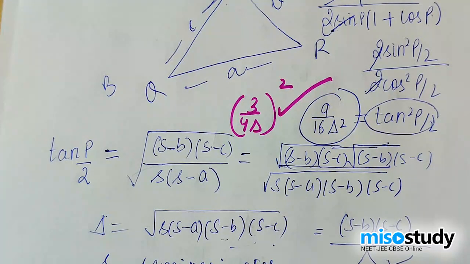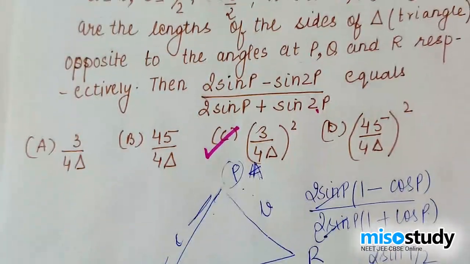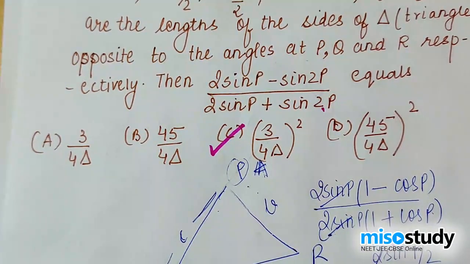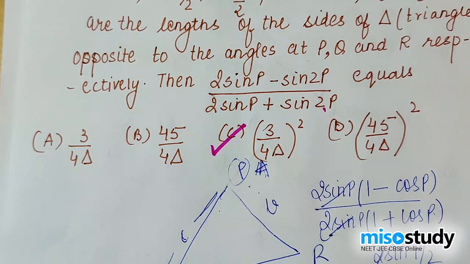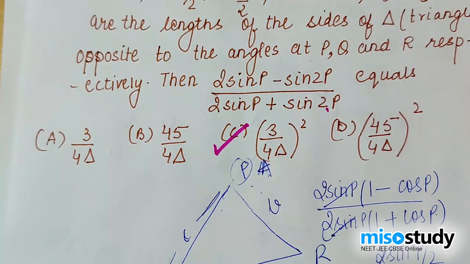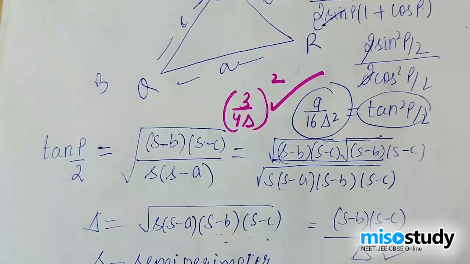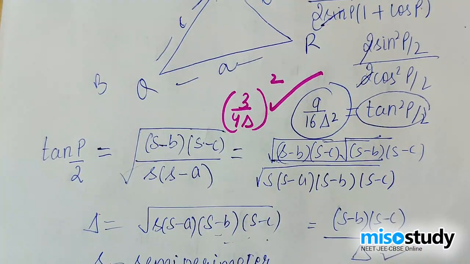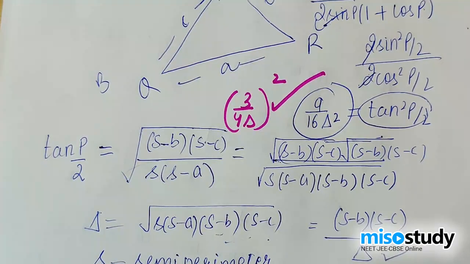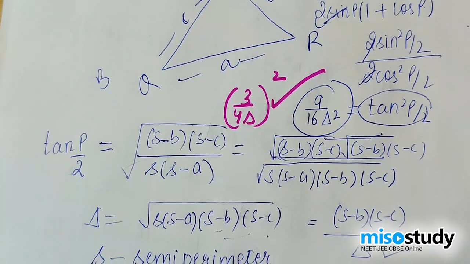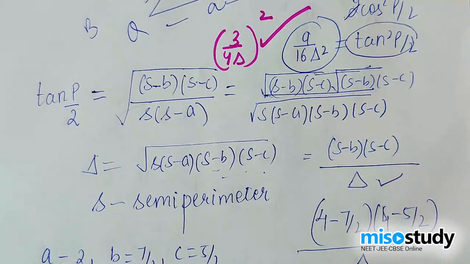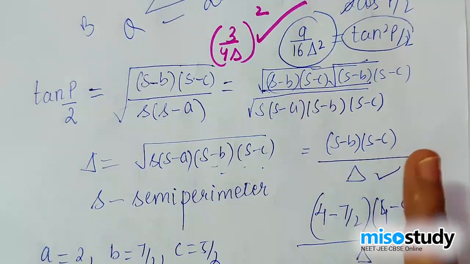Since I could actually see the options, you always have to focus on what is being given in the options. I was also given that the area of the triangle is delta, and in the options delta occurs, and that too in the denominator, which gave me an idea: why don't I make delta in the denominator. For that I had to multiply with s minus b and s minus c, and I did that, and on doing that I was able to reach over here.